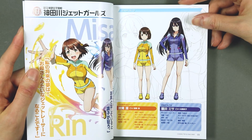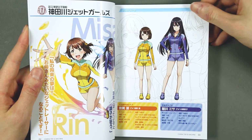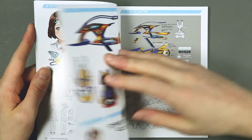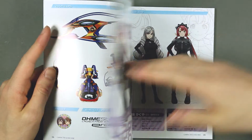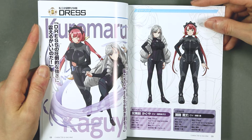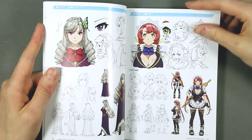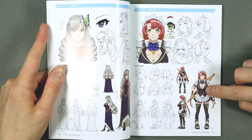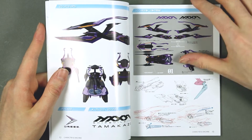And we start off with the main heroines, at least for the anime series, Misa and Rin. Finally I get to remember their names. With their jet ski. And these, at least in the series, were the main antagonists. And I don't remember her having in the series a giant rolling pin strapped to her back anytime, but